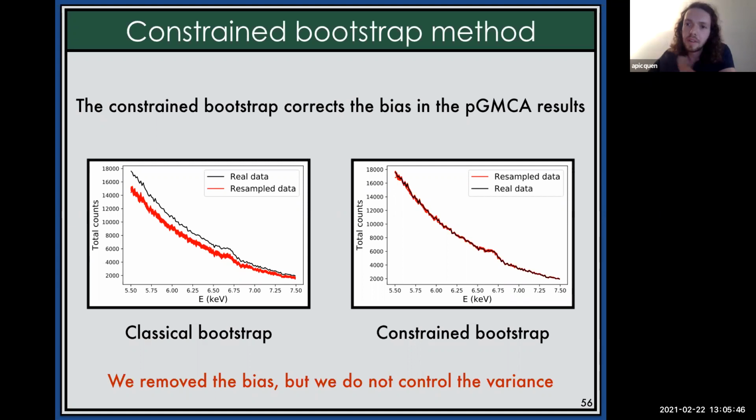I'm sorry, can I ask, because you have photons, right? You have photons in this cube. Yeah. And if you sampled photons from that cube with replacement up until the size of the data set, it seems to me you would maintain most of the structure, and you would get replicate data sets that vary somewhat.